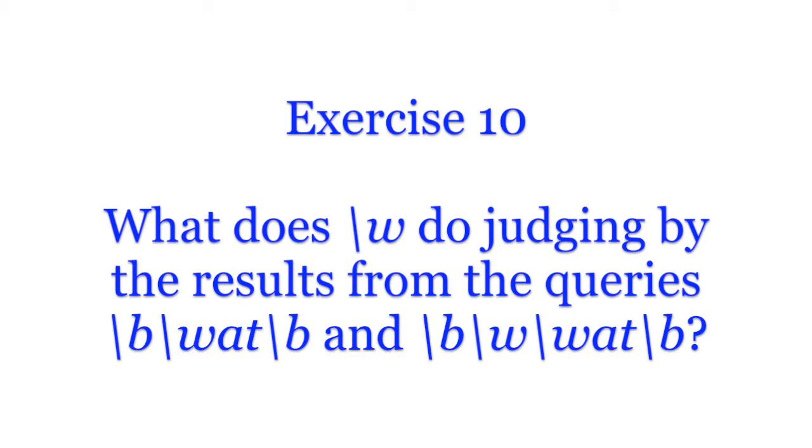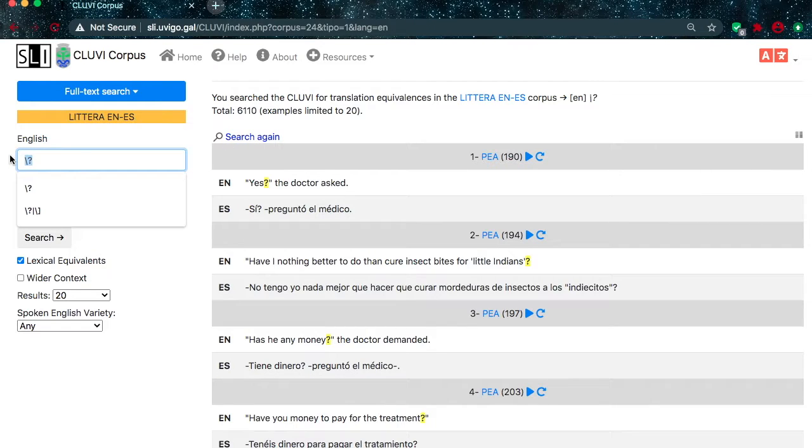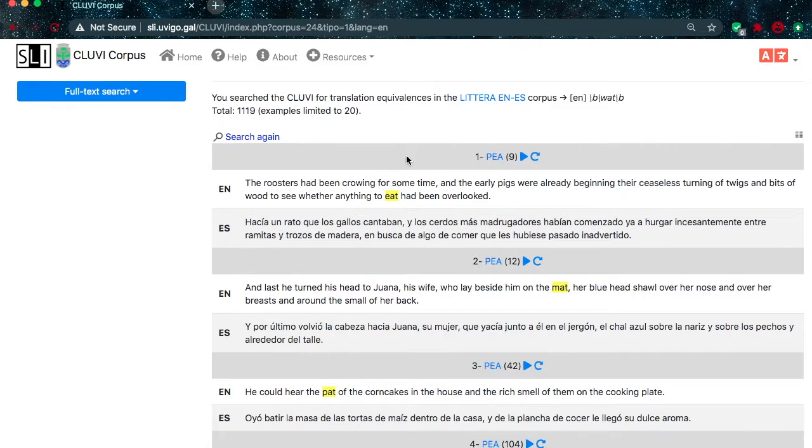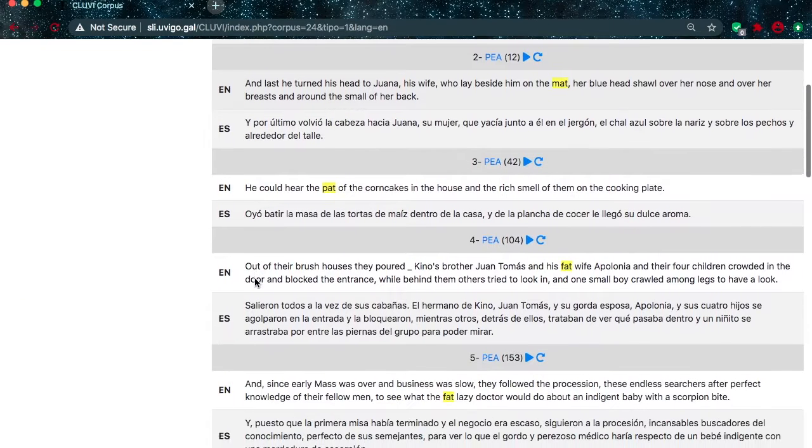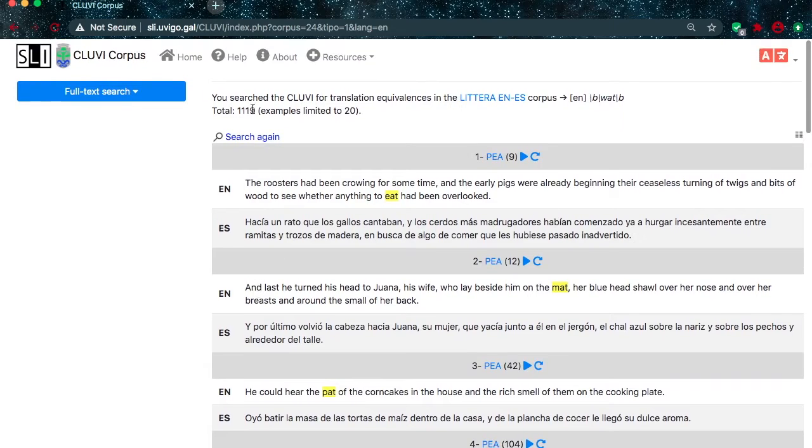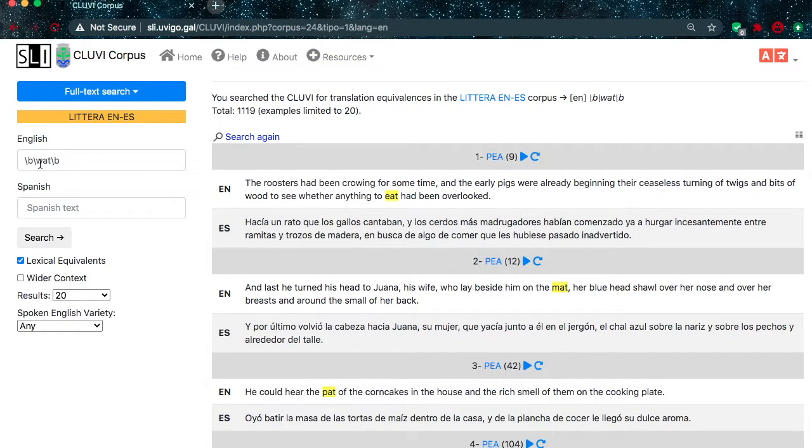Exercise 10. This regular expression returns any character that can form part of a word.